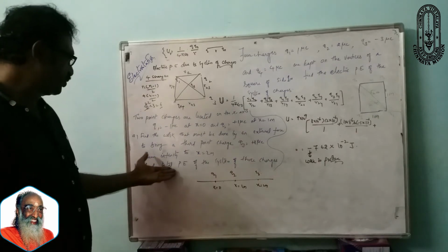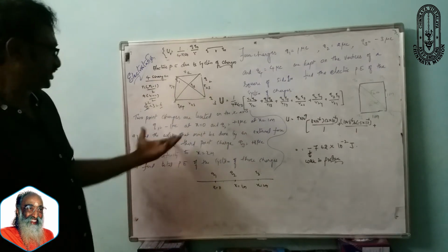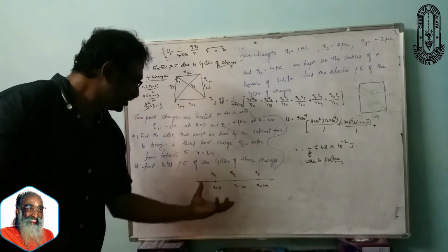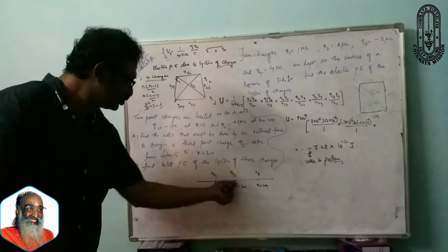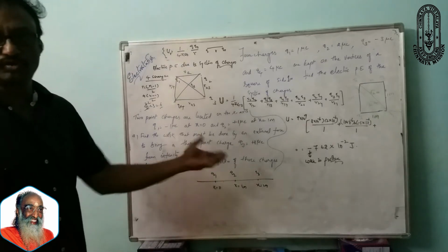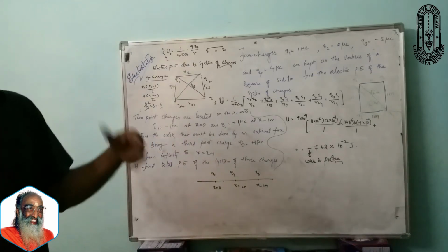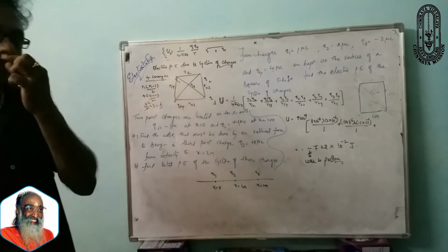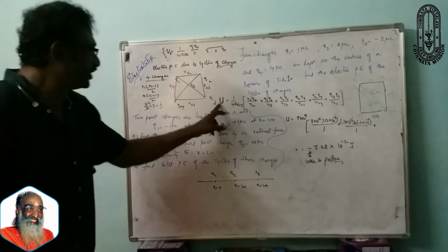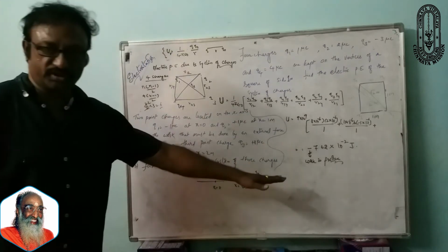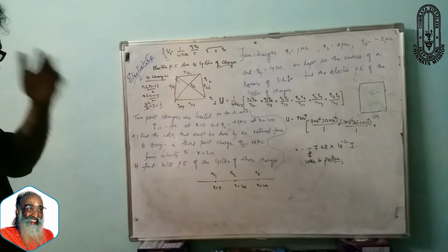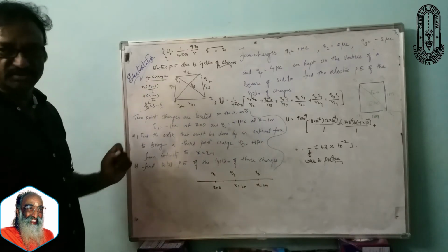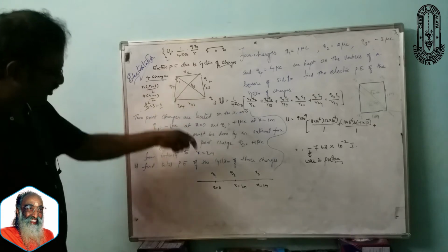The third one you can find out easily. Find the total potential energy of the system of three charges. Just as you read earlier, after bringing the charge here, the three charges Q1, Q2, Q3 are there. How many pairs are you going to get? N into n minus 1 by 2, that is 3 into 3 minus 1 by 2. So using that formula, just substituting the values, you write the answer. That's easy. Here one small application is necessary to go with the problem.